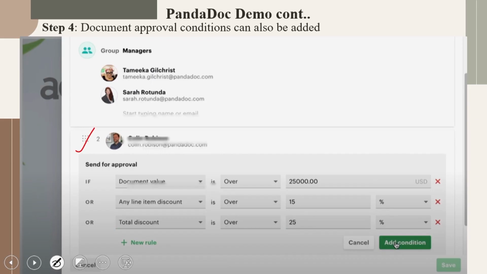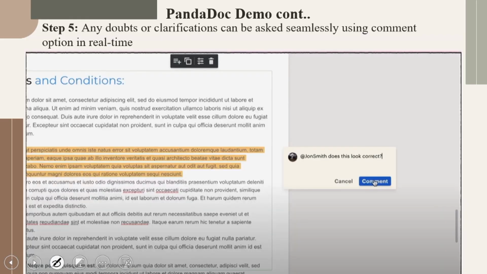So all these aspects typically create a lot of standardization and streamlining within the process. Now further, any doubts or clarifications can be asked seamlessly using the comment option in real time. So let's say, as I mentioned, gone are those days where people are working on different platforms. One is completing a document, downloading it, sending it, uploading it, and sending it. Again, the same process, the iteration happens with respect to, let's say, 5 functional managers working on it, 5 collaborators working on it.